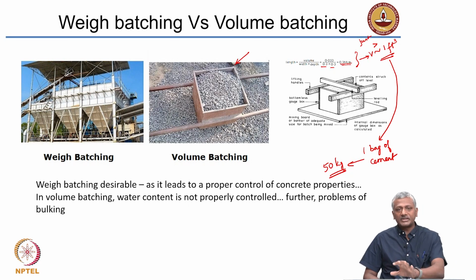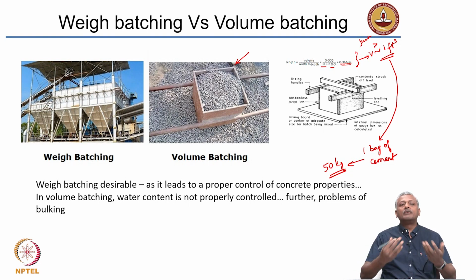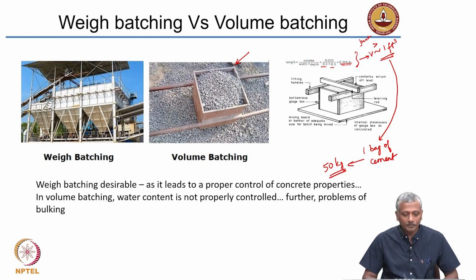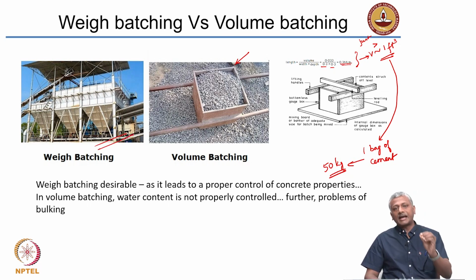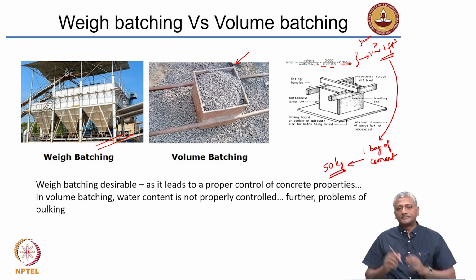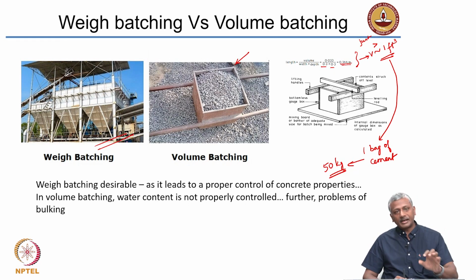Okay, so volume batching is done with this volumetric bucket, and this bucket is entirely filled up by 1 bag of cement which weighs exactly 50 kilograms. Okay. So you can completely overlook the measurement of cement volume when you are doing volume batching. You just have to measure the sand and stone volume. In weigh batching, what will happen is you have systems that are capable of measuring the accurate quantities of cement, water, stone and sand that come into the mixer. So in a weigh batcher, you need to have arrangements for measuring the weights. In most cases, when you are using concrete that is supplied from a centralized batching plant, this is the kind of arrangement that they would have.